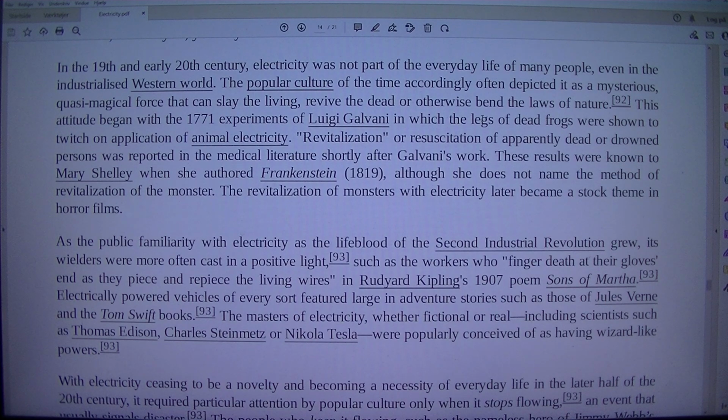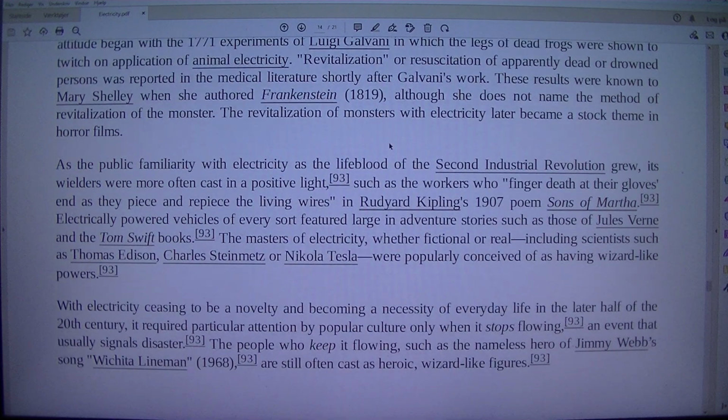This attitude began with the 1771 experiments of Luigi Galvani, in which the legs of dead frogs were shown to twitch on application of animal electricity. Revitalization or resuscitation of apparently dead or drowned persons was reported in the medical literature shortly after Galvani's work. These results were known to Mary Shelley when she authored Frankenstein, 1819, although she does not name the method of revitalization of the monster. The revitalization of monsters with electricity later became a stock theme in horror films. As the public familiarized